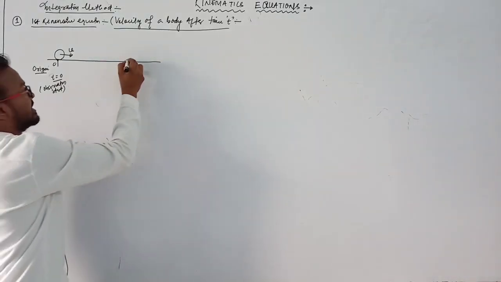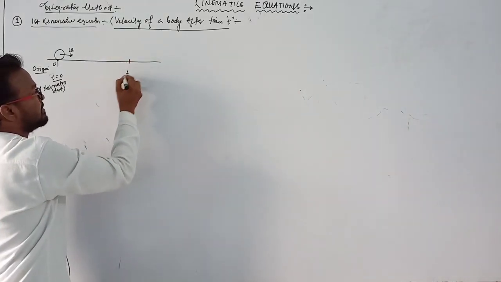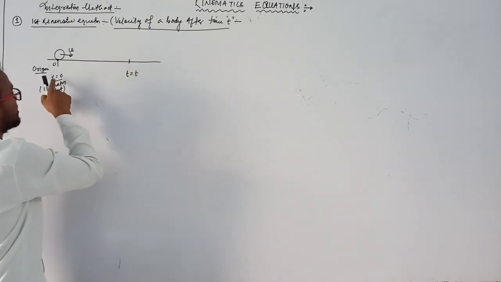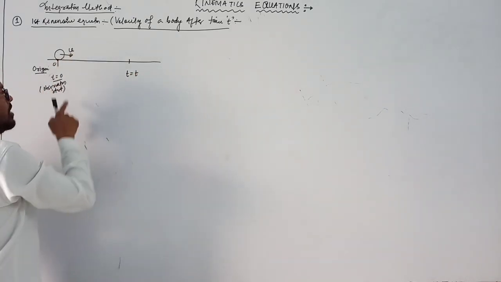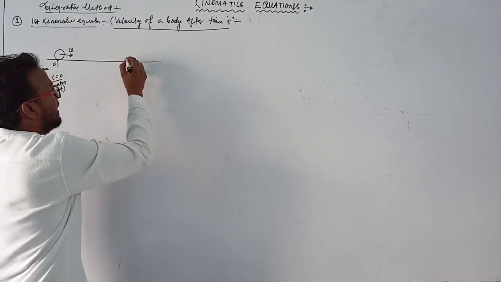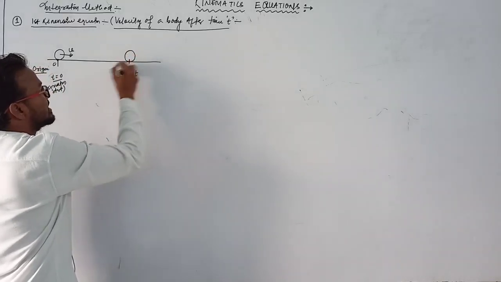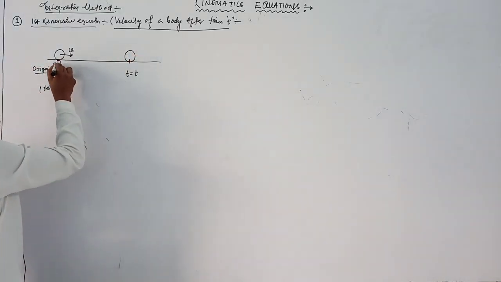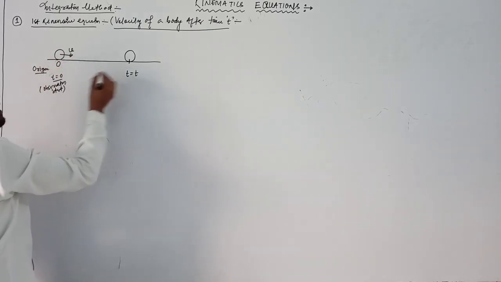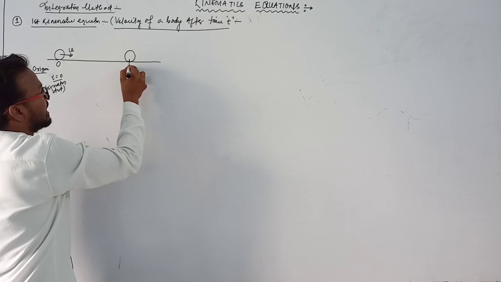After a certain time t, suppose after time t second, at 0 second its velocity is u, but after a certain time t it reaches this point. Suppose this point is O, and here it reaches point A